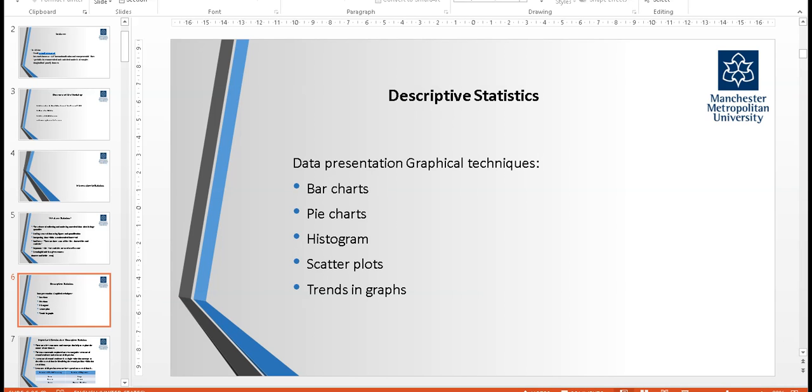Many people thought that descriptive statistics are the tools to visualize the data, such as the graphical techniques, bar chart, pie chart, histogram, and so on. It's a misunderstanding. As a matter of fact, descriptive statistics examines mainly the central tendency and dispersion level of a